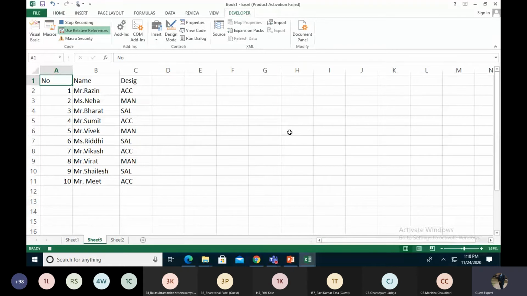Okay, so over here I first press the Control key and then the right arrow. You have to see Control and right. So I'm jumping from the name to the designation. I'm not clicking just the right arrow, but Control and right arrow, so it jumps from name to designation. Use Relative Reference is recording where your value finishes on the right side. So it first jumps over to the last right side value.